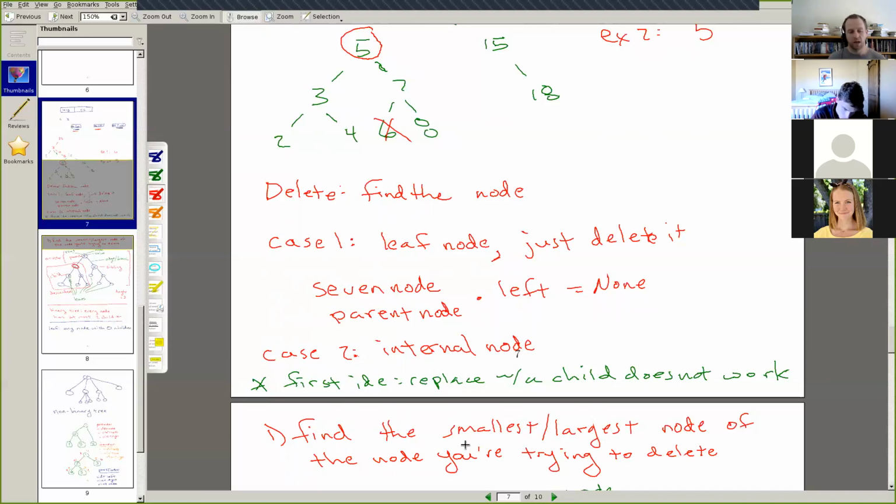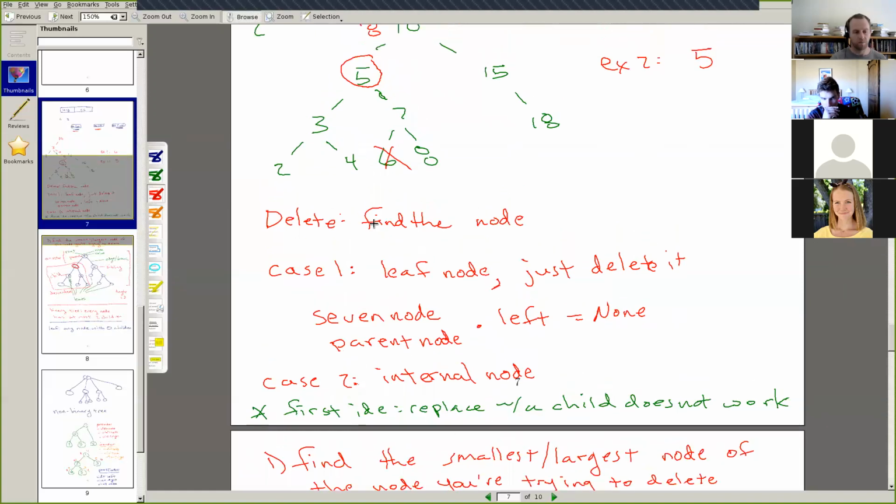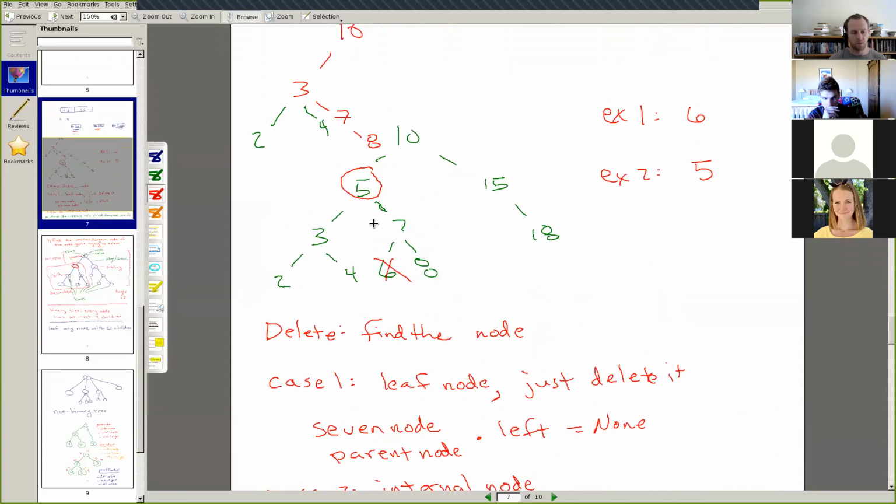Once you find this smallest or largest node, it is guaranteed to have no children. We saw before that the algorithm for finding the smallest or largest node is that you keep going all the way to the left until you can't go to the left anymore, or keep going all the way to the right until you can't go to the right anymore. And once you do that, you can replace your node. So let's say replace this 2 up here, or we're in this situation right here.